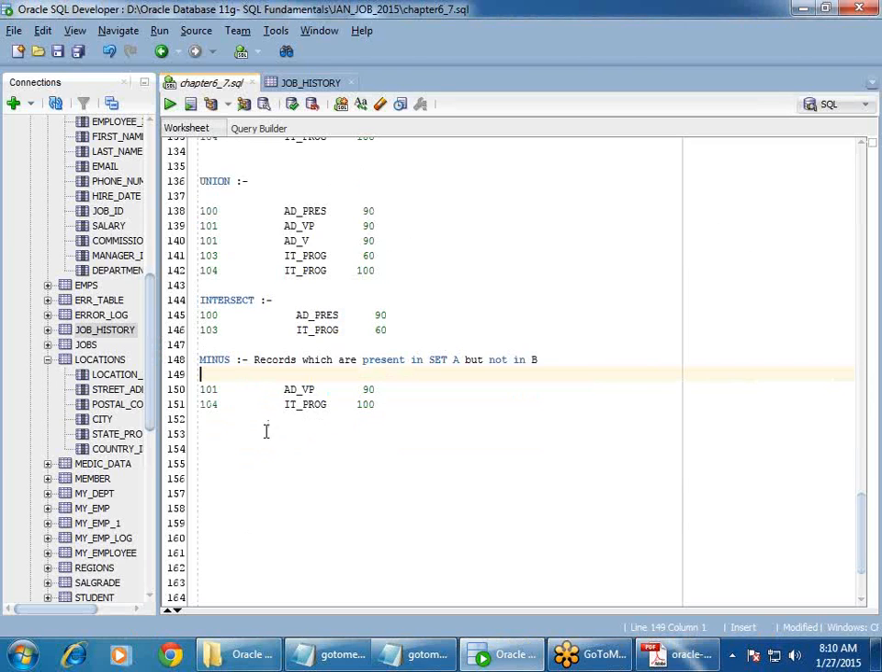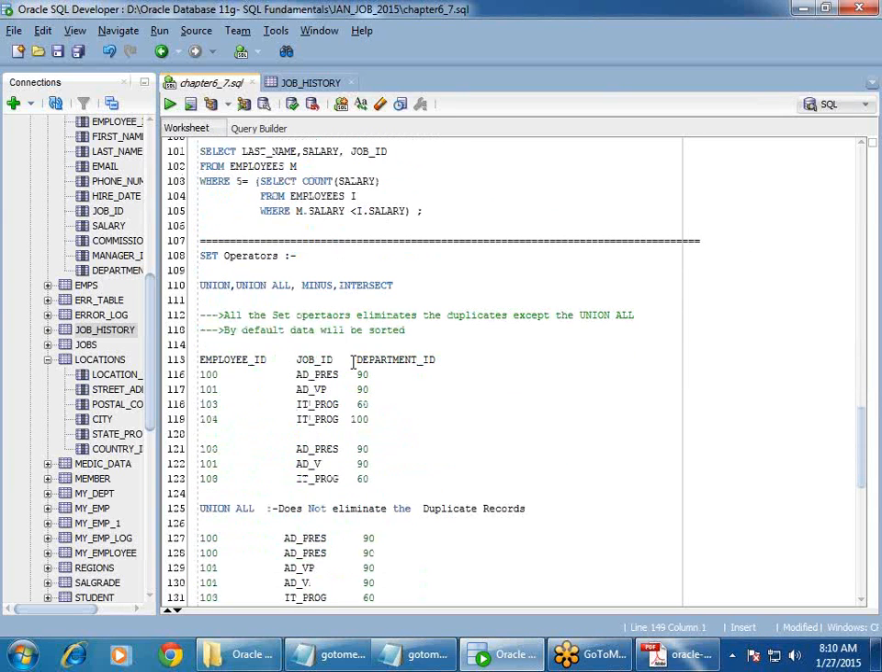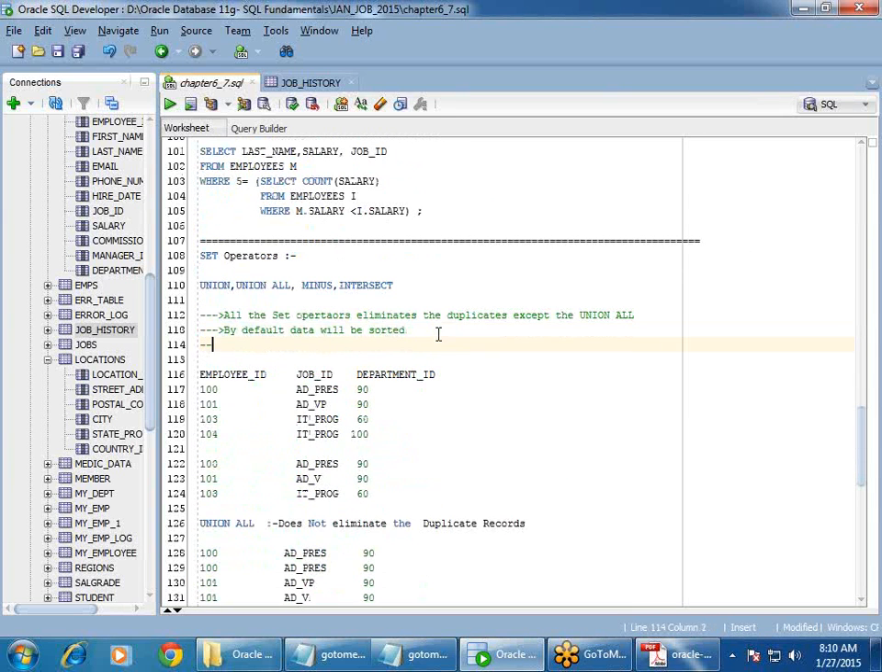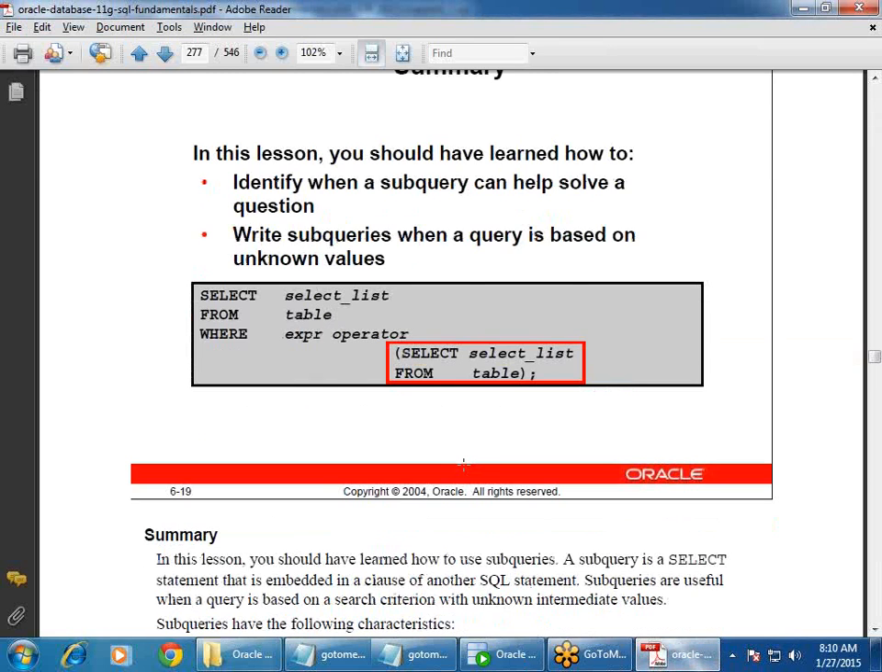That is completely about the intersection, minus, and this. So when you are writing union operators, you need to follow certain guidelines. The number of columns and the data type should be the same in both the queries whichever you are combining. Let me show you how the set operator queries will be written. So when I go to the next example,